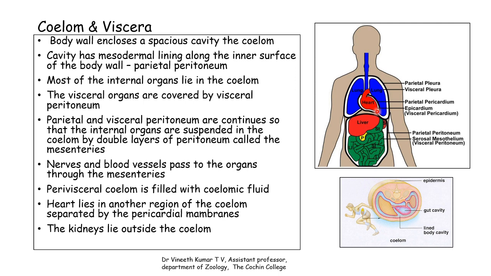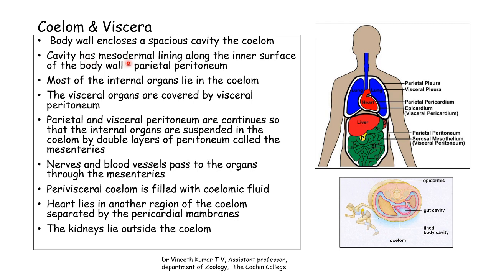And there is one more exception, an organ which is present. You can see most of the organs are inside this coelomic cavity, and there is an organ which is seen outside the coelomic cavity, and that is the kidney. Kidney is present in the pelvis. So this is the abdominal cavity. Below this and in the back side, you have the pelvic cavity, and the kidney is in the pelvic cavity. As a result, it is outside the coelom. So that's what we are discussing here.